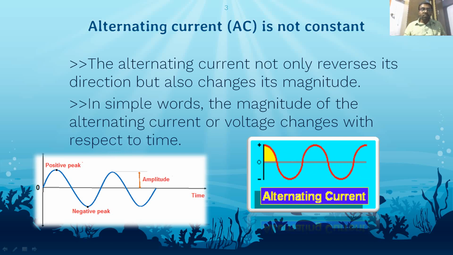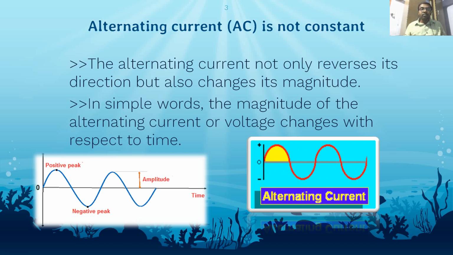Fine. So this is a positive maximum or positive peak. Peak means maximum, negative maximum, and thus one complete cycle is completed. Okay, one complete cycle is from here to here. This is the completed cycle. Okay, one complete cycle, right?